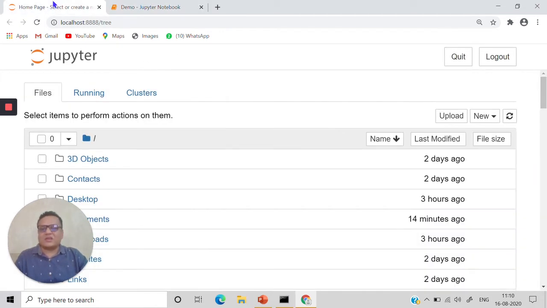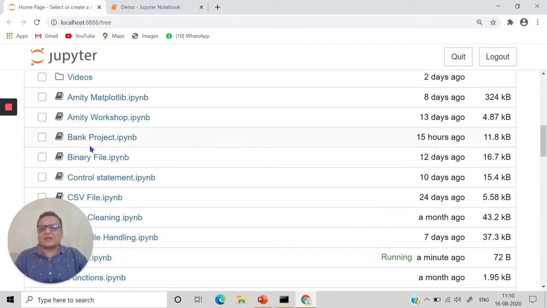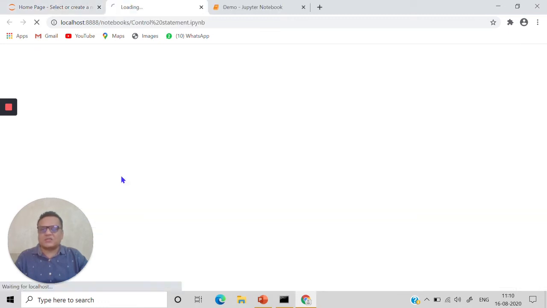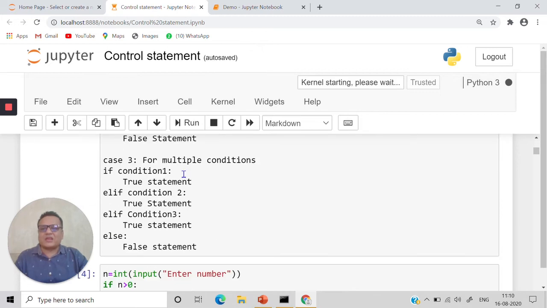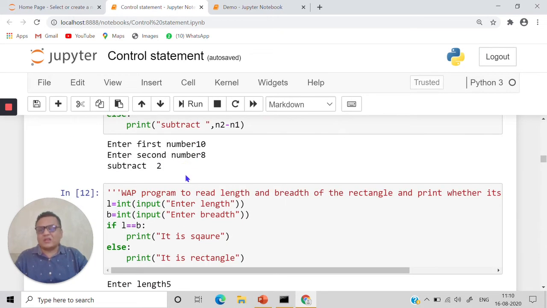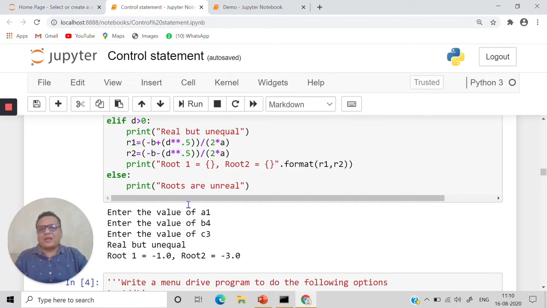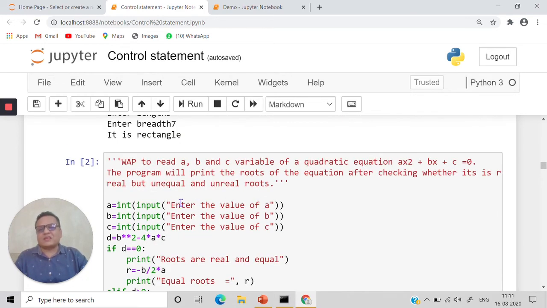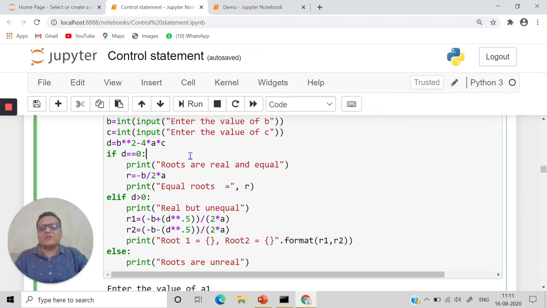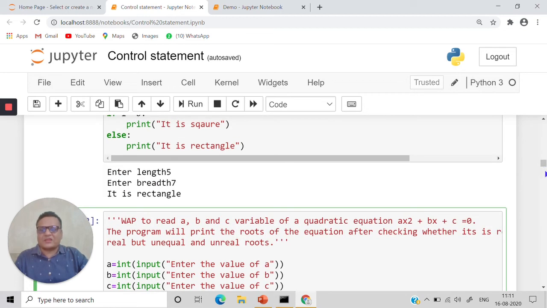As you can see, I have created many Jupyter notebooks which can consist of a project. Let's say I show you one of my control statement programs, which is an if else program. I have written everything in this. What is another advantage of using this? If I am running this program and students say just change this line, we can immediately change the line and show them the output immediately. That is the power of Jupyter Notebook. If I need to change any line, I just change it, and I don't require many files to open and close.